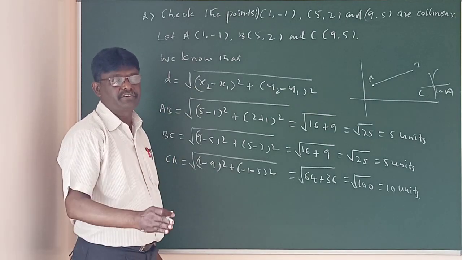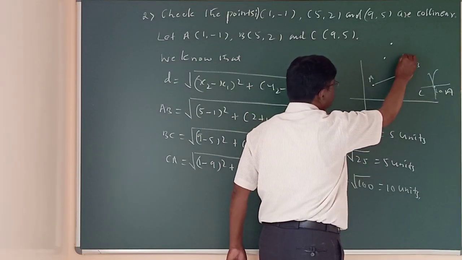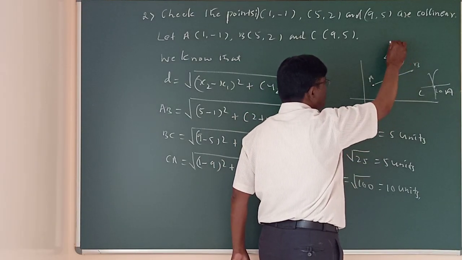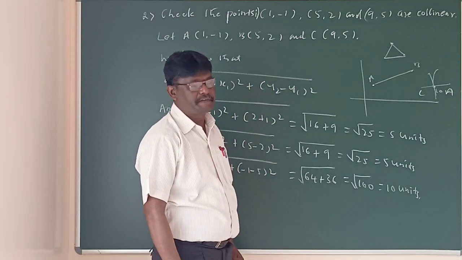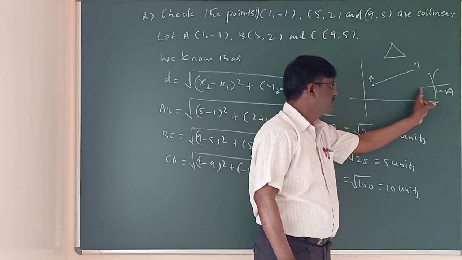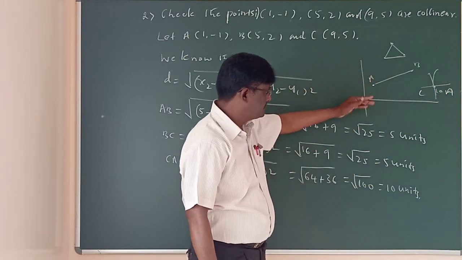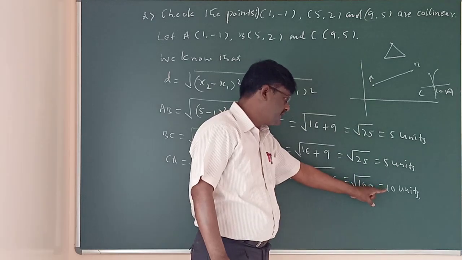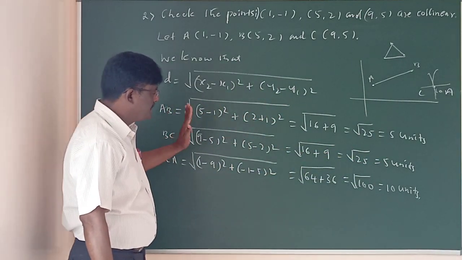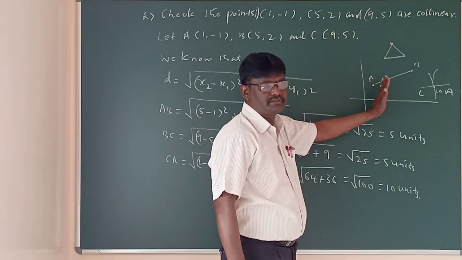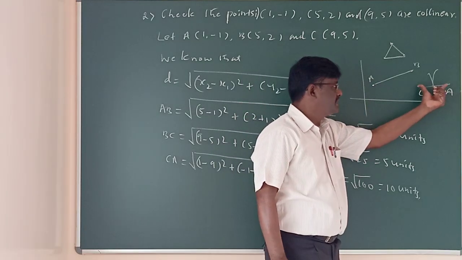To construct a triangle, be very clear, the 3 points must be non-collinear. If the 3 points are collinear, then a triangle is not possible. Hence, by taking that concept, here we are given 3 segments, AB, BC, CA. If you try to construct a triangle, you will never get a triangle. Instead, we get a straight line like this.